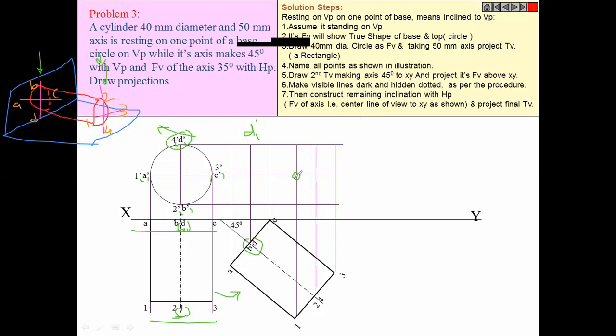Okay, what is this point? Anyone? 1 dash. 1. Very good. It will be 1. What is this point? B dash. B1 dash. Now someone please mark point number 4 for me. 4 number, mark it. Very good. Okay, fine. Nice.